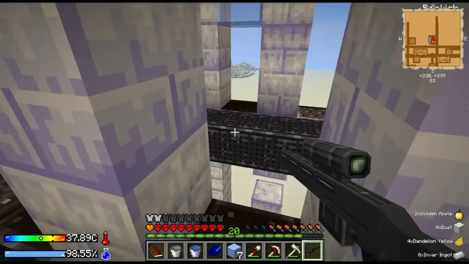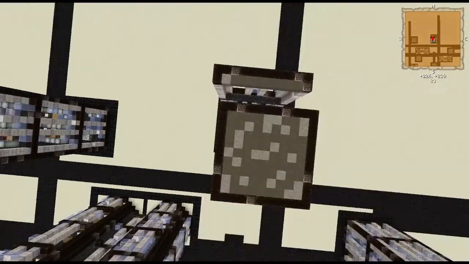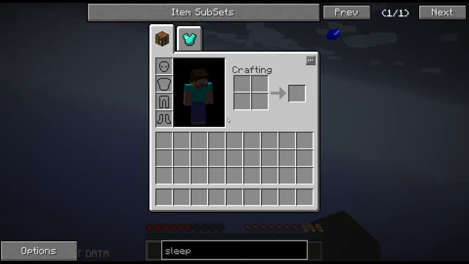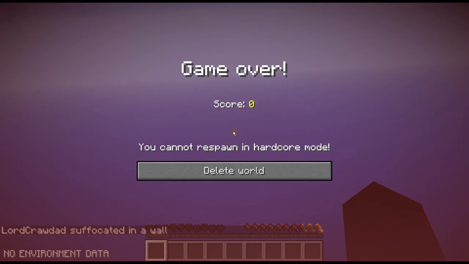There's golden apples. Yep, they're bad. Oh, hell. Oh, we died. We died. We lost everything. Oh, man. What are we doing? Hey, back to the house. Oh, no. This is not what's supposed to happen. Oh, my God. We just lost it all. You suffocated in a wall. We weren't in a wall. We were supposed to come out of our...